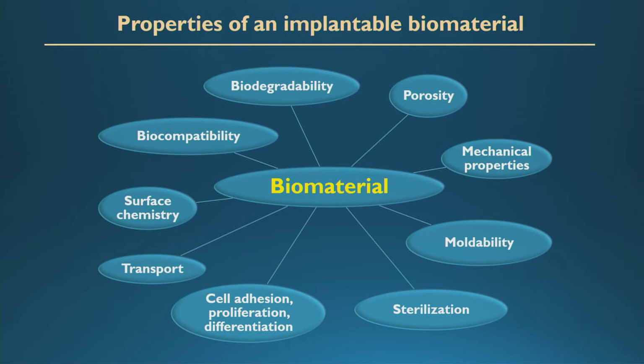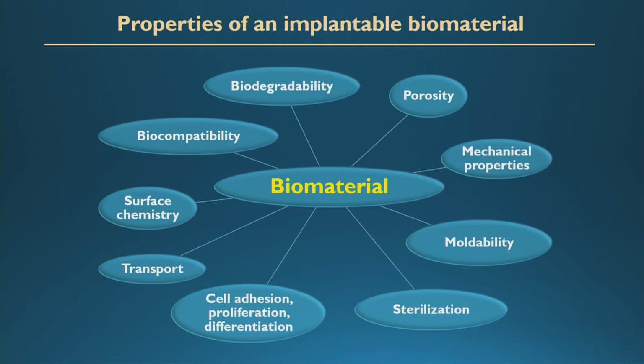The products of degradation should not be toxic, so these materials should be biocompatible and not elicit extreme immunogenic responses. It's an advantage if we have surface chemistries that allow for further functionalization, so we can add proteins and drugs to these materials to deliver. They should have a structure that allows transport of oxygen and nutrients,